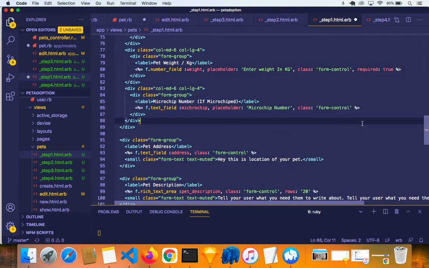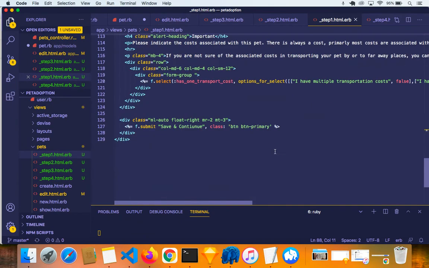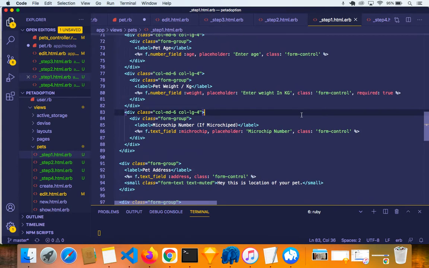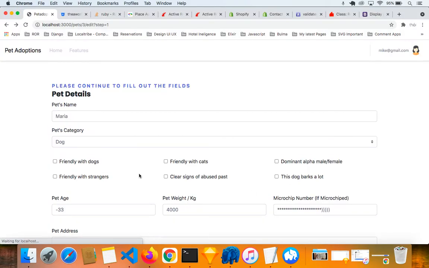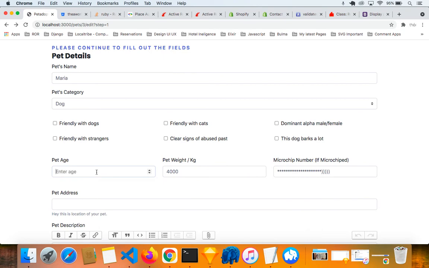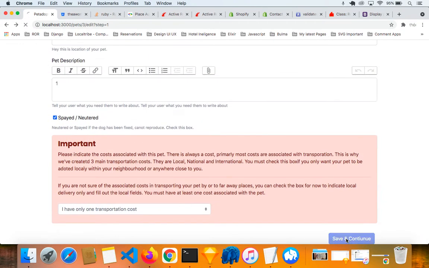We can even do it with an external JavaScript file. I can put it right here, external JavaScript. But for now, it's important to protect your database, okay? In the backend, you want to protect your database. Like if I was to put 0 here and save and continue, of course it's going to say,